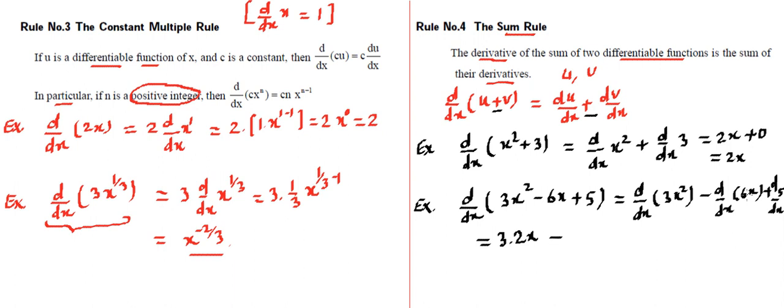And minus, from here you will get the 6 outside, then differentiation of x with respect to x is 1, so that's the 1, plus 5, which is a constant, so by the rule of constant, it is 0. So ultimately the answer will become 6x minus 6. So the value of this expression which was given over here after differentiation becomes 6x minus 6. So this is how differentiation can be performed over the summation or difference of various differentiable functions.